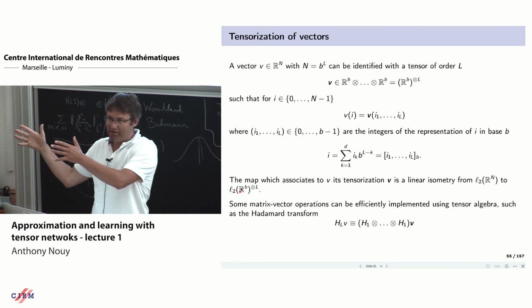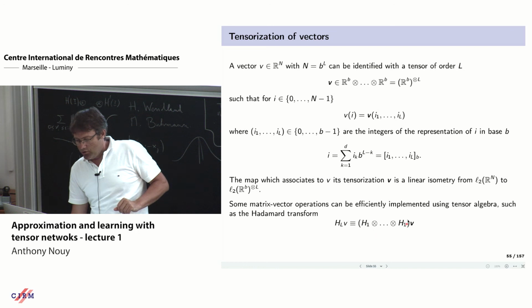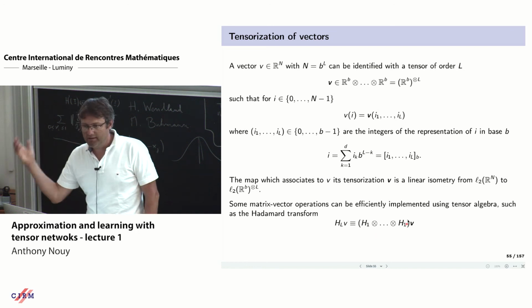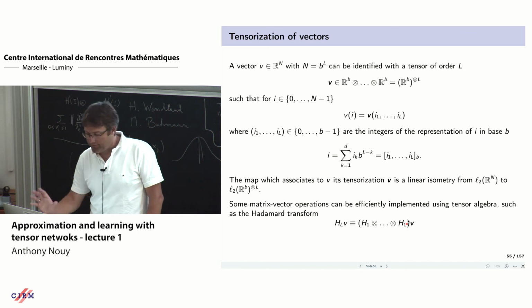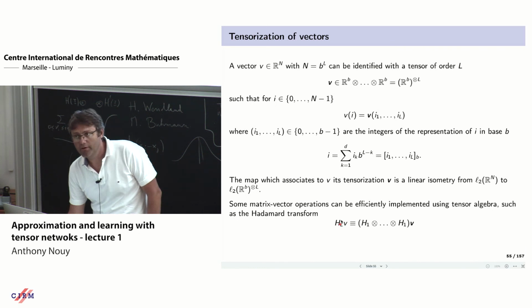Mapping a vector in this tensor setting, for example, you can compute a Hadamard transform, or equivalently a Fourier transform, or discrete cosine transform, in a very efficient way, because the Hadamard transform applied to your vector v, on the tensor v, is the application of